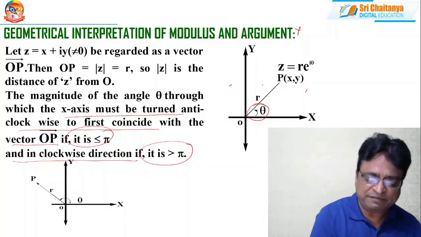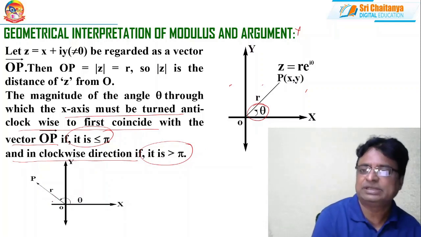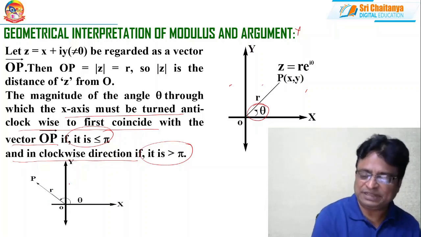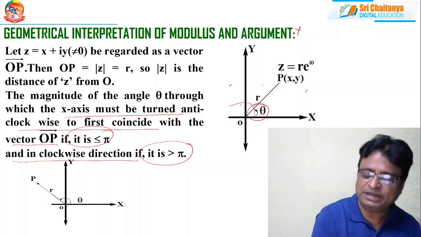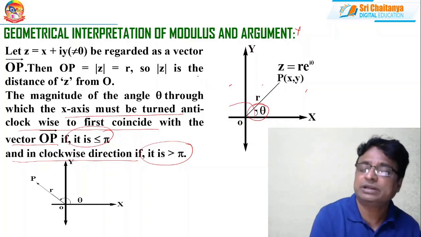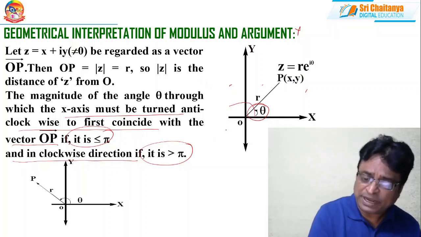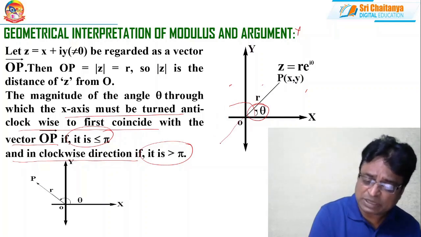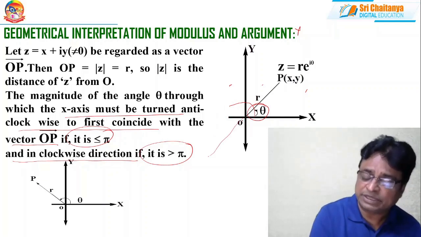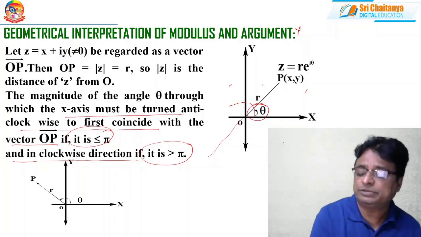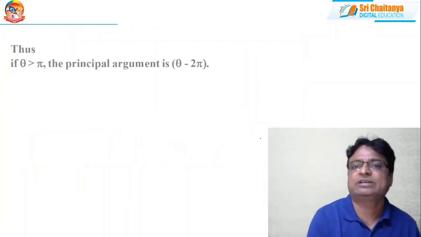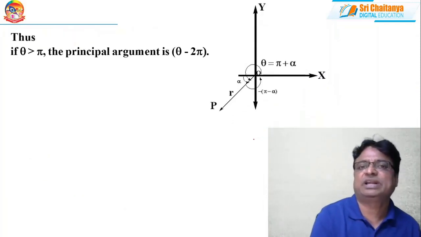So the same vector, if I have turned it further, then the theta is more than pi. If theta is more than pi, then the complex number is in the third or fourth quadrant. If the theta is more than 3 pi by 2, then the complex number is in the fourth quadrant. That is, through graphs, I am representing it like this.